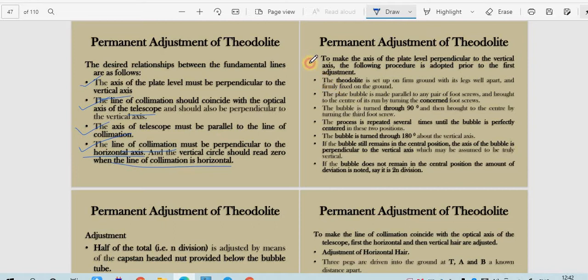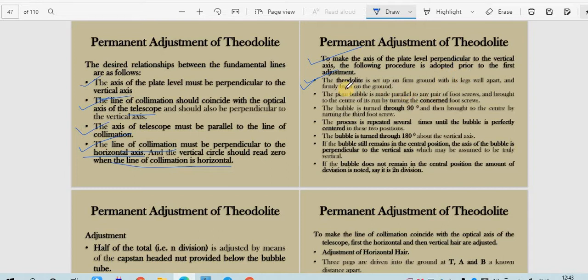So the first one is to make the axis of the plate level perpendicular to the vertical axis. So the plate level axis should be perpendicular to the vertical axis. The following procedure is adopted for the first adjustment. For that, you will have to perform the temporary adjustment similar to your leveling. As I've told you, in leveling, you have to keep the telescope parallel to